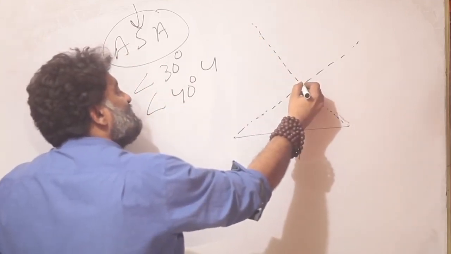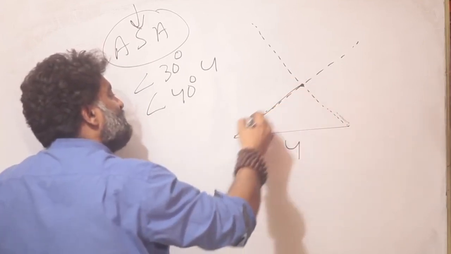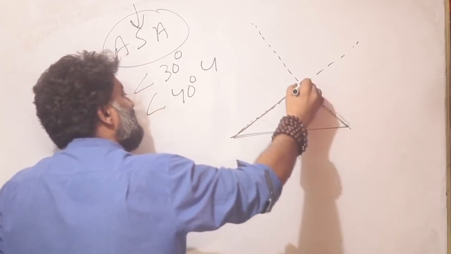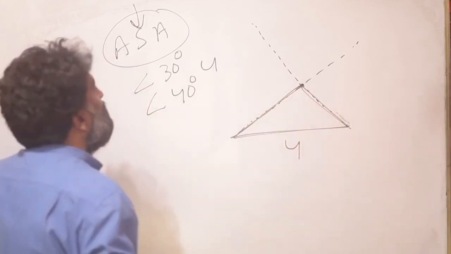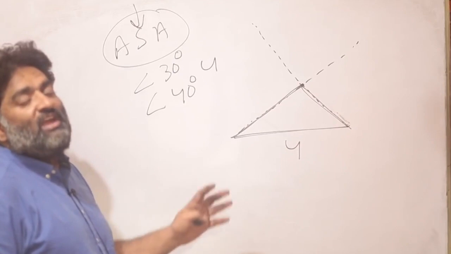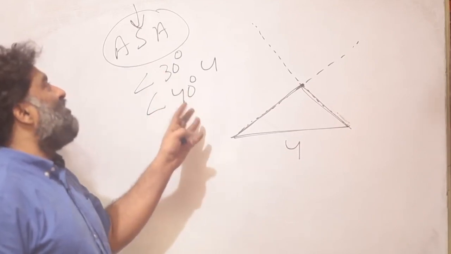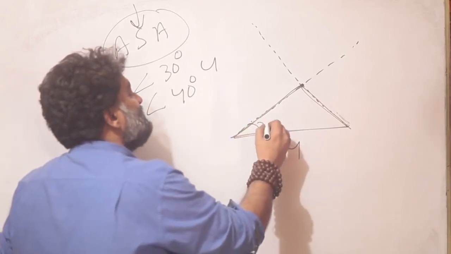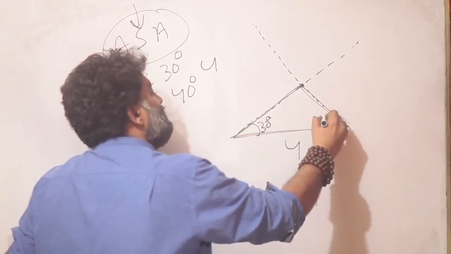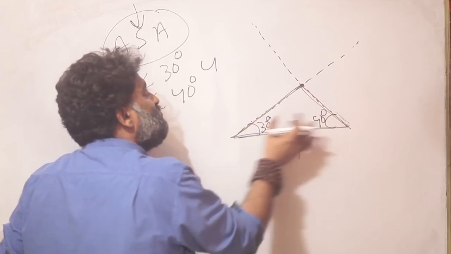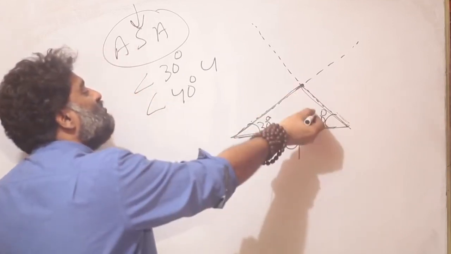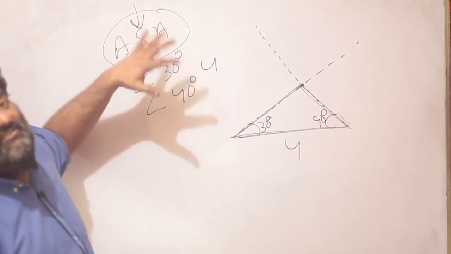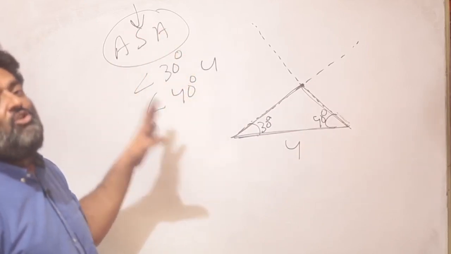And this is the intersection point, and I see that there is only one possibility. You can only create one unique triangle. Everything else is locked in. So if I find out that two triangles have this information in common, that two angles are equal and the included side, because this is 30 degree, this is 40 degree and this is the side included between the angles, I know I can only create one unique triangle. And this will also work as an effective rule of checking if the two triangles are congruent or not.